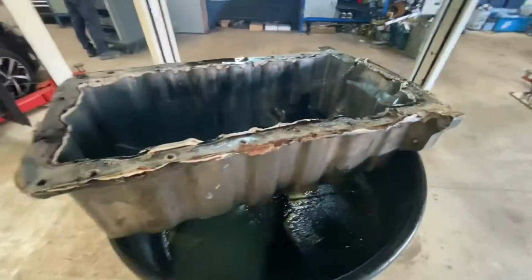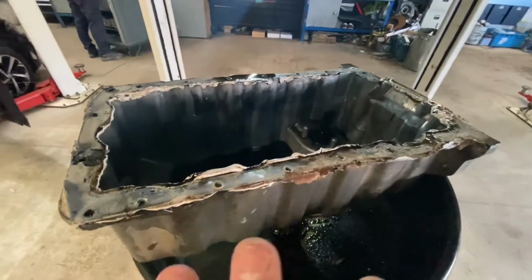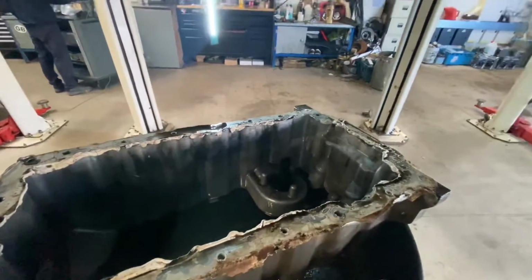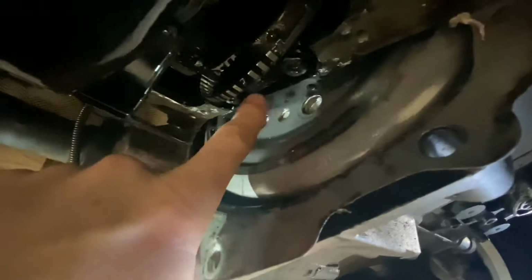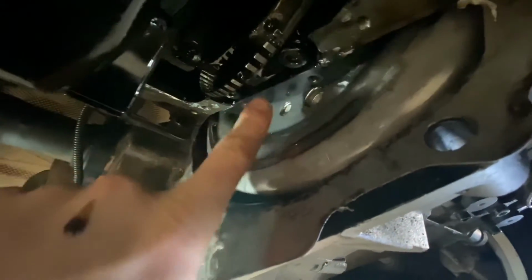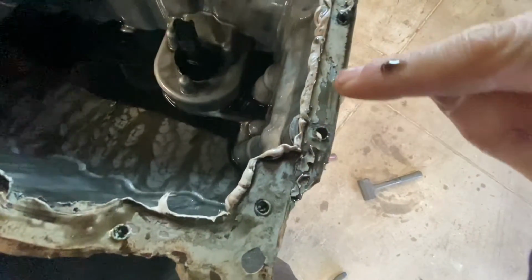So let's go on with some more work. I noticed when the van was running there was a bit of an oil leak. I've come to realise, since taking the sump off, where I've replaced the crank end seal, which is this part just here, I didn't get a chance to actually glue this the second time round. Looking at where that seal was sitting, which is in fact here, we can see where the oil is